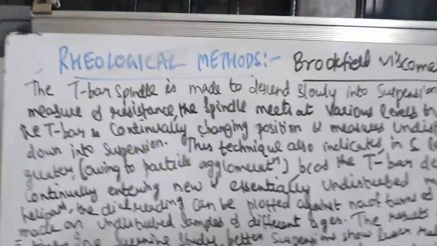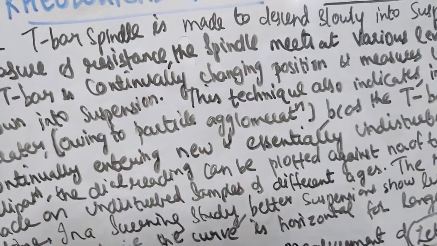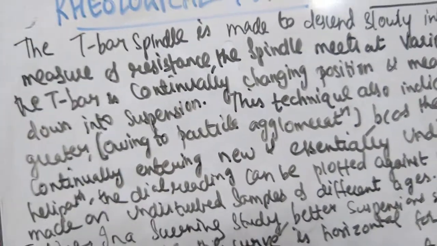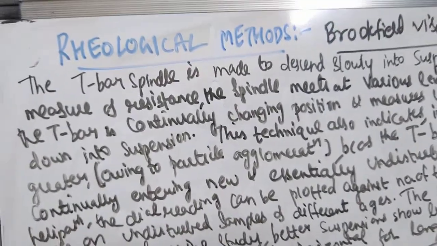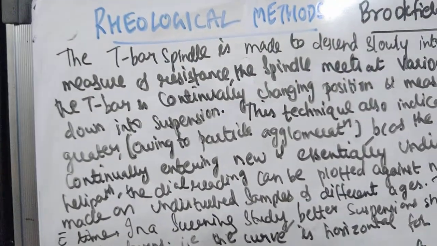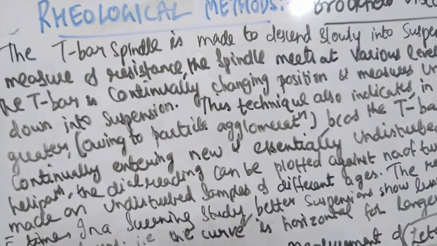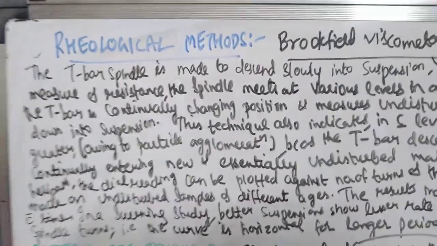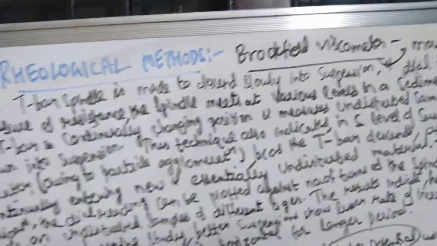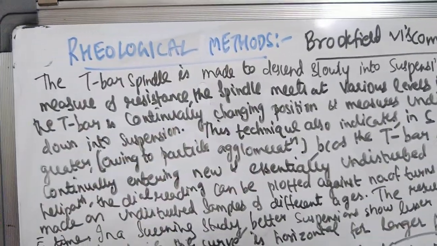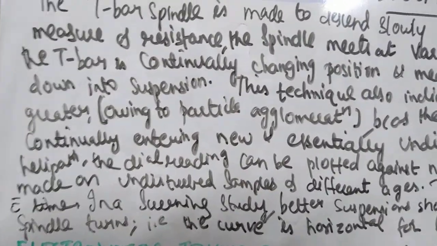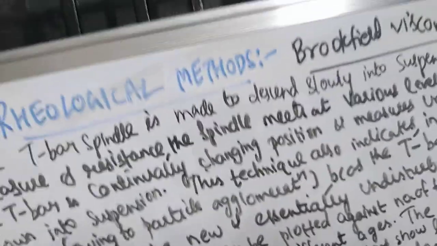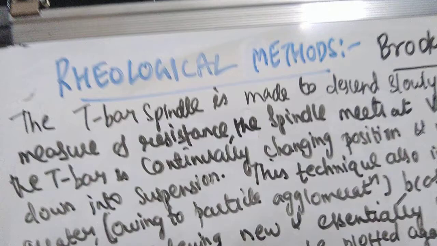Coming to rheological methods. In addition to the techniques involving sedimentation and redispersibility factors, rheological methods can also be used to determine the settling behavior and the arrangement of the vehicle and the particle structural features for the purpose of comparison. So whenever you are comparing different formulations, apart from the sedimentation method which measures sedimentation volume, degree of flocculation and redispersibility, the rheological method can also be used to determine the settling behavior, the arrangement of the vehicle and the particle structural features.